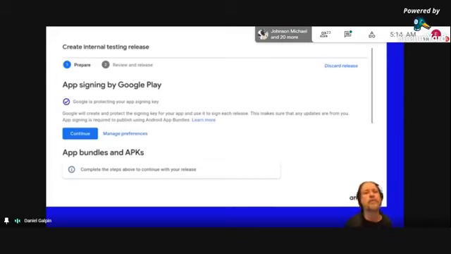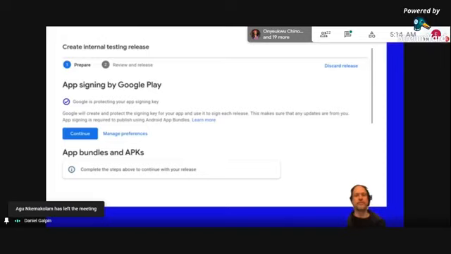I'm going to walk through the process of opting into Play App Signing. We recently launched a completely new and, dare I say, modern UI for the Play console, and some things have moved around, so this might not yet look familiar to you. I'll try to list the pros and cons of each of the choices.